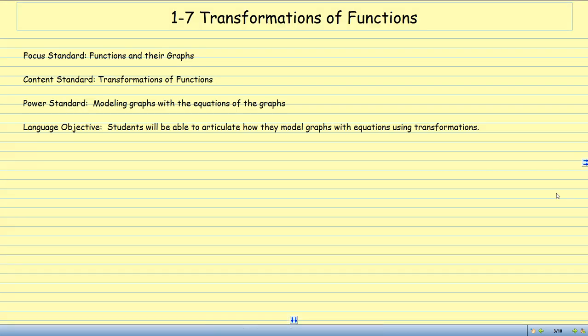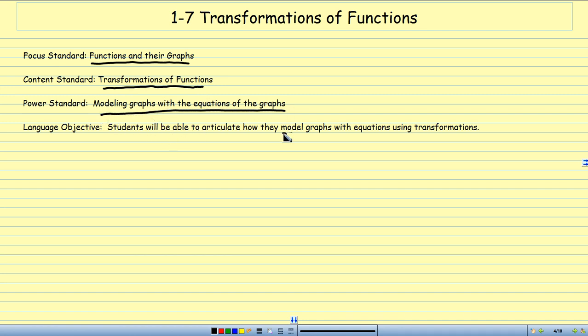Okay. So today what we're doing is transformations on functions. Our focus standard is functions and their graphs. What we're doing for our content standard is transformations of functions, and we are going to model graphs with equations of the graphs. And your language objective is you're going to be able to articulate how you model graphs with